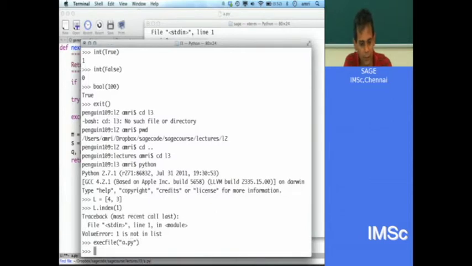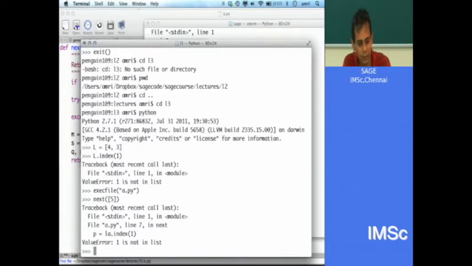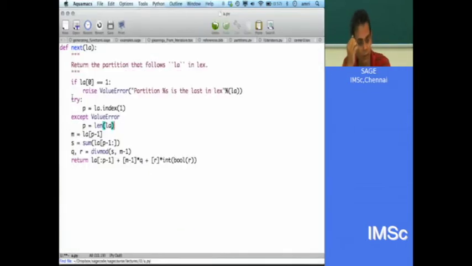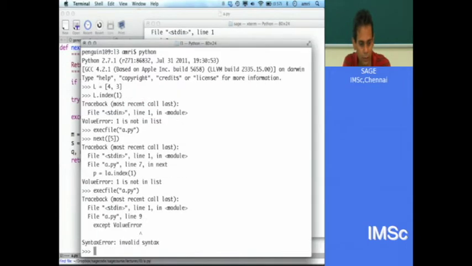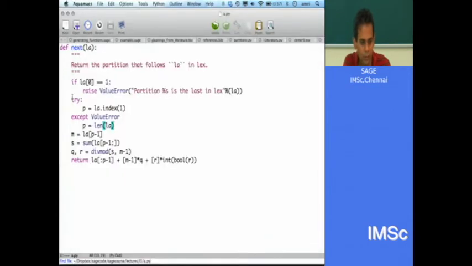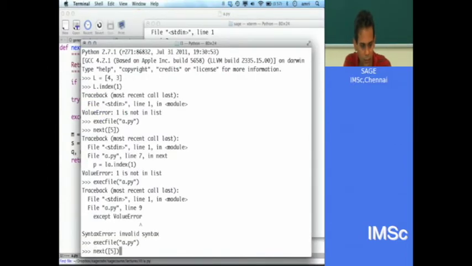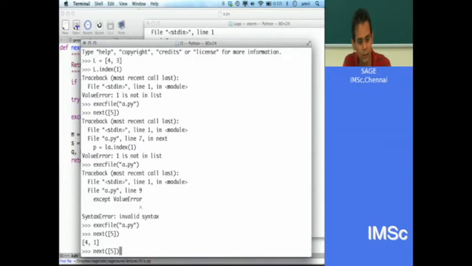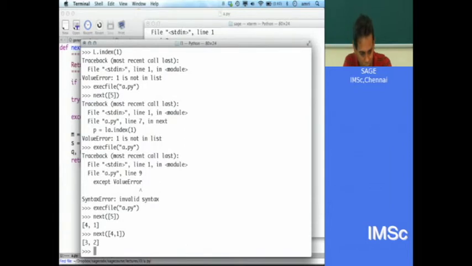a.py. And now let's try next of, what shall we try? 5. Oops. Maybe I didn't save it. Yay. So far so good. Still looks good, right?